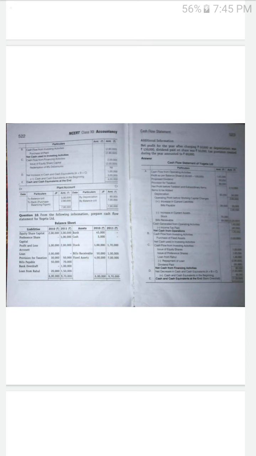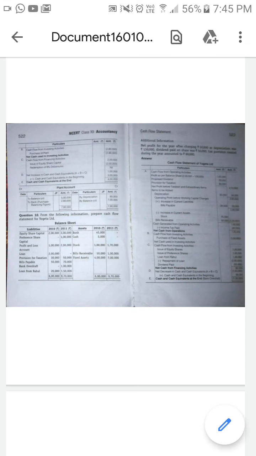So it is a net decrease in cash and cash equivalents. And you have to see if there is any cash and cash equivalents at the beginning of the year. Beginning means opening balance, so you have to see the balance sheet. In the balance sheet 2010, bank is 45,000 and cash is 5,000, so totally 50,000 is the total amount of cash and cash equivalents at the beginning of the year, 2010. So we add the amount of 50,000. 1,50,000 is a minus and plus 50,000, so you subtract and put the bigger number's sign, and 1 lakh is the balance amount. It is a negative balance, so you put the bracket.